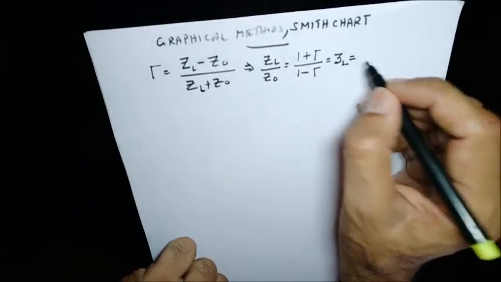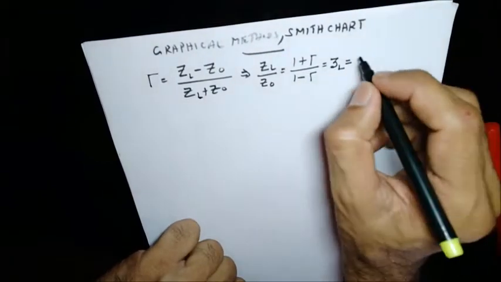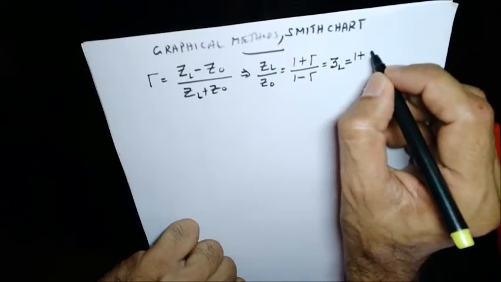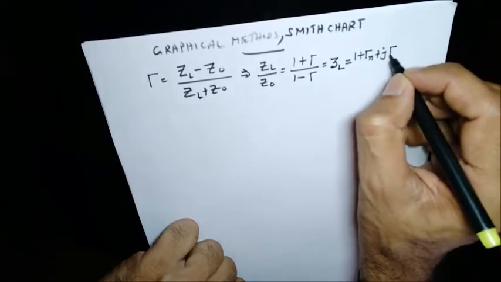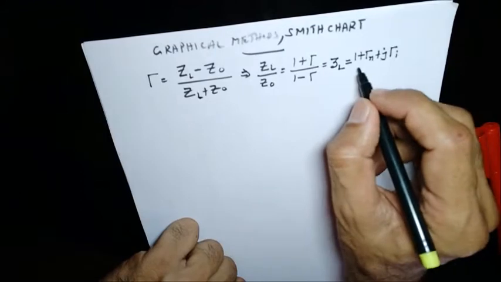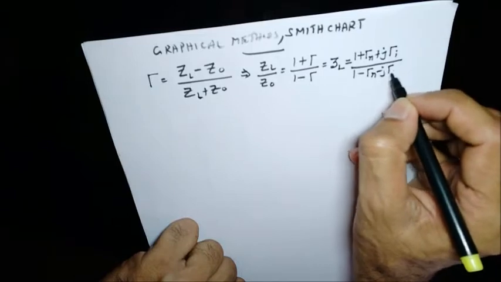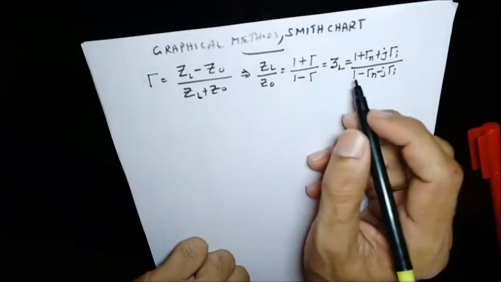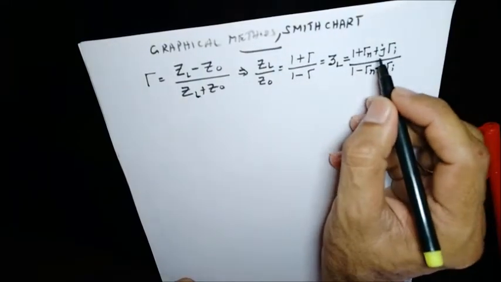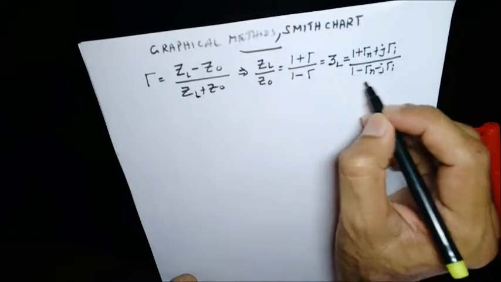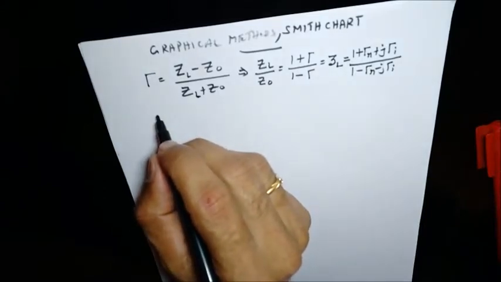And since the reflection coefficient is, as you know, complex in general, we can write this as 1 plus capital gamma R, real part, plus j capital gamma I, the imaginary part of the reflection coefficient. Similarly, in the denominator, we will have 1 minus gamma R minus j gamma I, because gamma becomes gamma R plus j gamma I. Now, we multiply both the numerator and denominator with the conjugate of this, so that we can separate them into their real and imaginary parts easily.